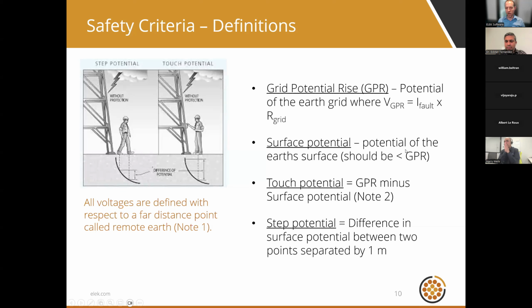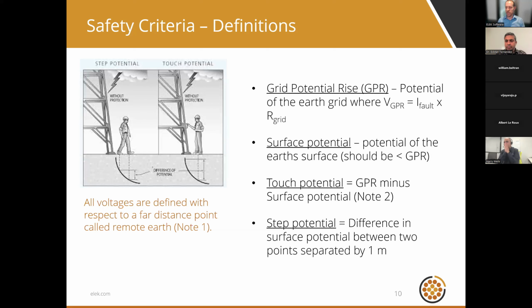And then as a result of the leakage currents, we get a surface potential. So the voltage of the grid increases, and so too does the soil. So voltage is transferred through the soil, and on the surface of the ground, remember that the earthing system is buried. At the surface of the ground, we have a surface potential, which will be highest nearest to the grid conductors, and will reduce as we move away from the earthing system.